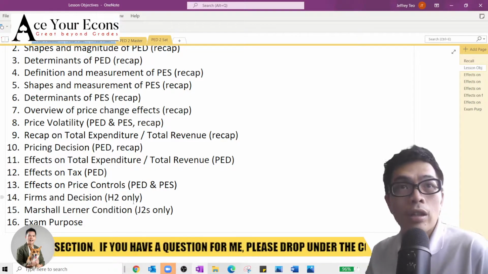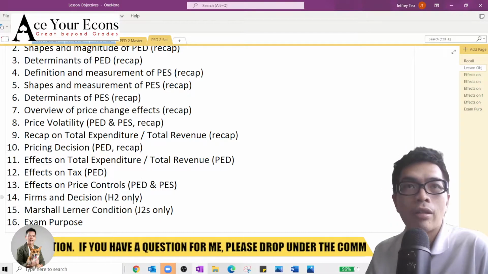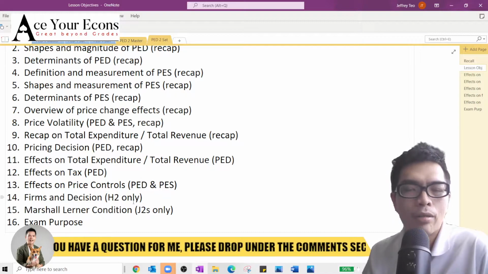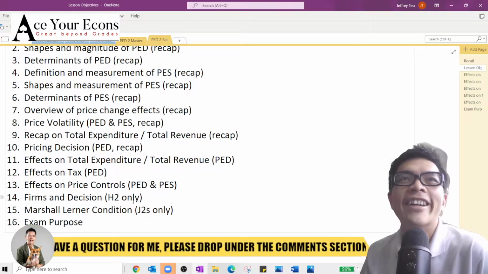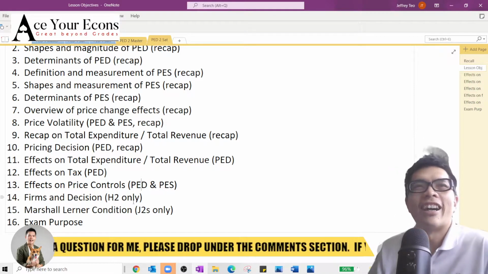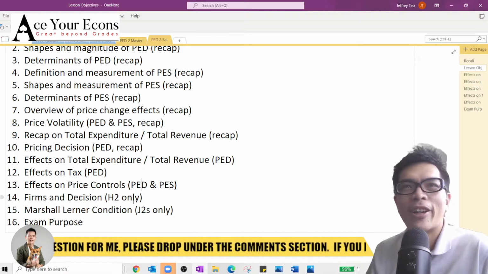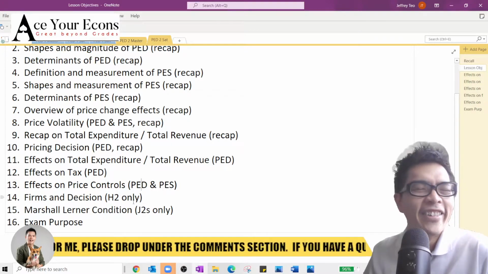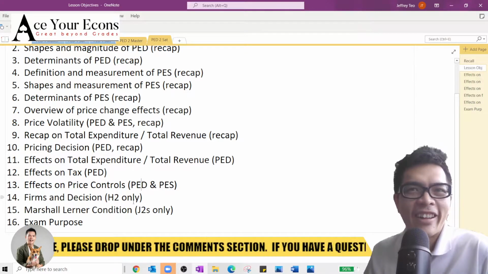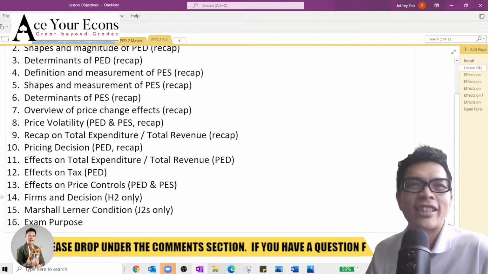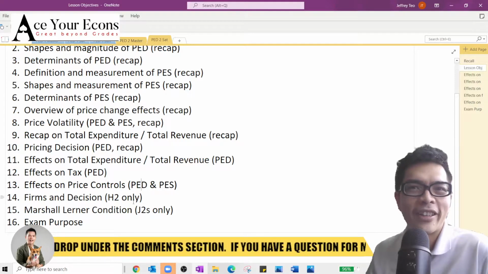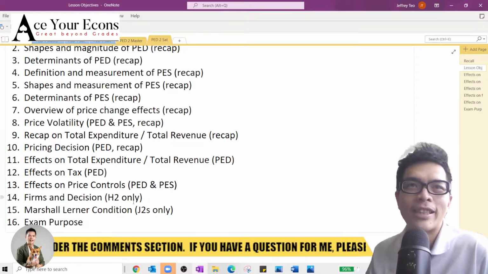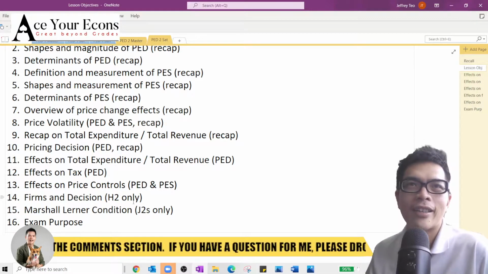So item 14 is about firms and decision. I'm not sure whether I would like to show you the diagram, but probably a bit too premature. Let's see how it goes. I will look at all your question mark faces before I decide whether I want to go even deeper. The firms and decision is the hardest topic among all your micro topics. That's why you will see most of them coming back in the second and third quarter when I cover this.